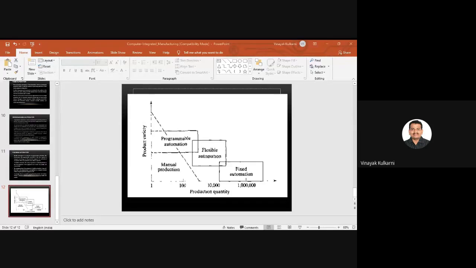Yeah, I will do one thing. I will share the PDF only directly. I have the book itself, the PDF book. Notes we don't give. You have to search from the textbook itself. I'll be sharing the textbook soon. I have M P Grover with me, that is Automation in Production Systems, and usually we use that only. Since you cannot go to the library and pick up a book, I'll be sharing that PDF.